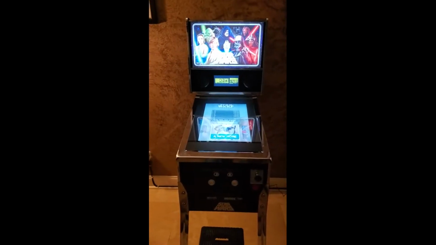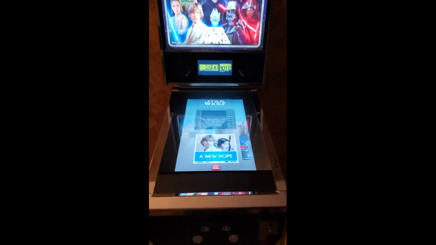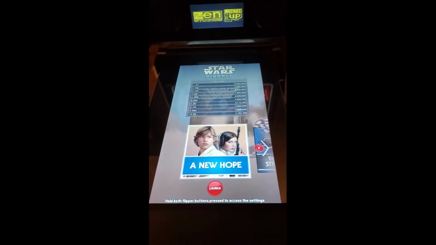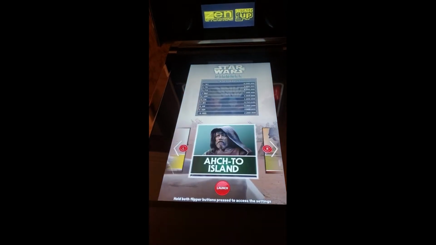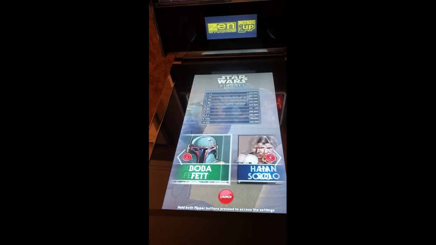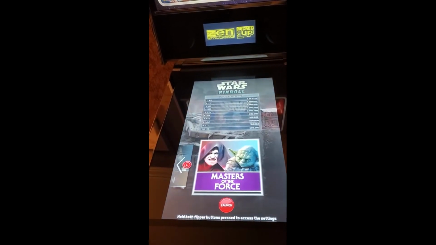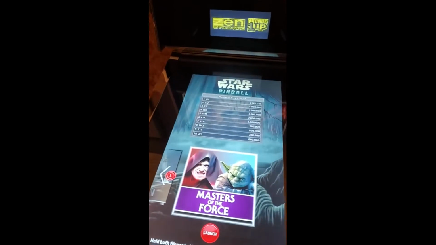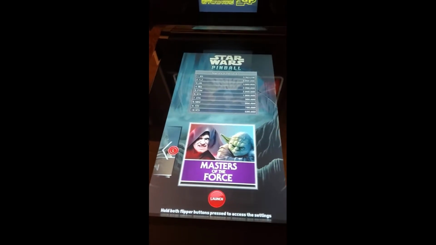Alright, this is the Star Wars 1Up Pinball machine. Obviously everything's electronic, and there are different storylines, and it tells you the leaderboard on the top with each of the storylines. There are pre-programmed initials in all of them, but most of the time you just have to score, let's say, 1,000,000 points just to get on the leaderboard, except for